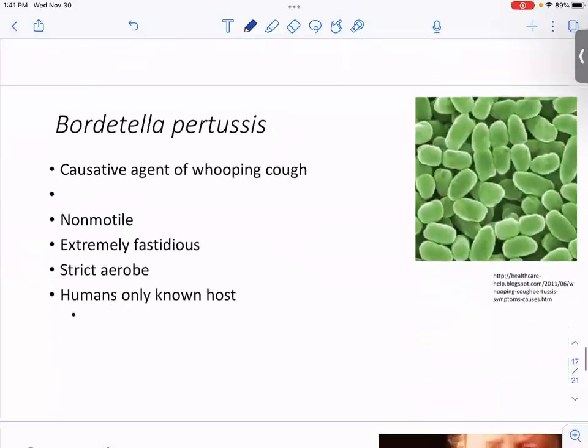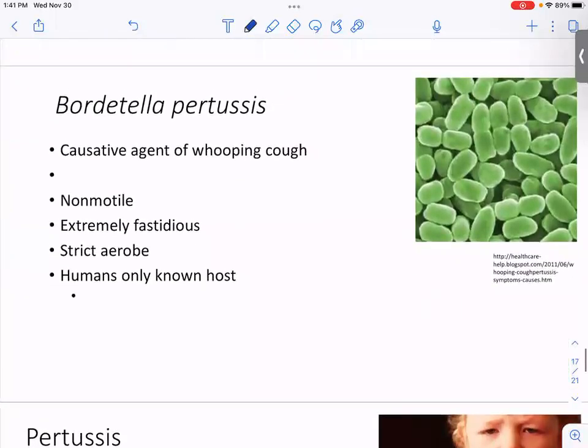All right, so we'll move on. This is our last bacterial pathogen that I think we'll cover. Bordetella pertussis. Okay, that's the causative agent of whooping cough, sometimes called pertussis. This is a gram-negative organism, right? And if you see from this picture, it doesn't really look like a rod shape, doesn't really look like a true round cell. So indeed, we refer to it as a coccobacillus. Okay, kind of halfway between a rod and a coccus.